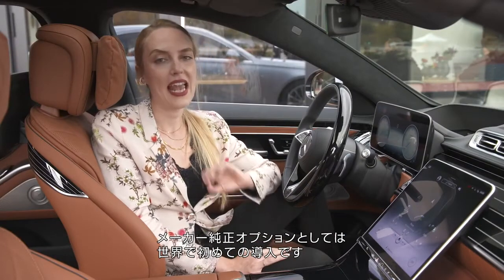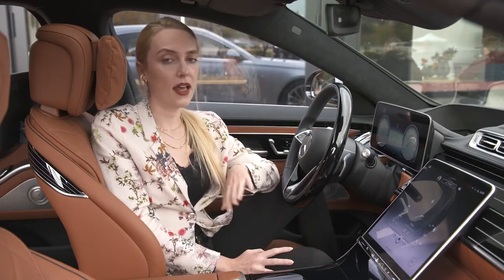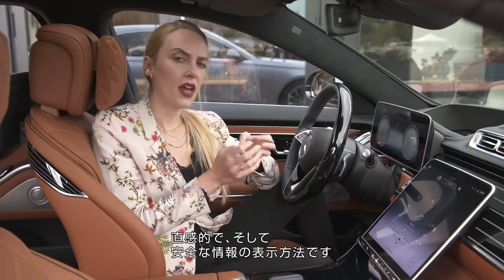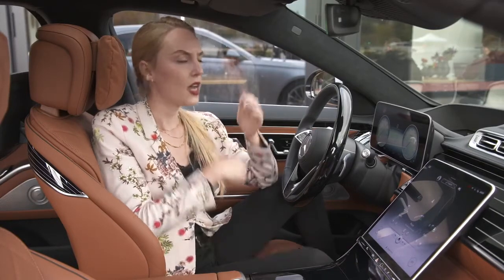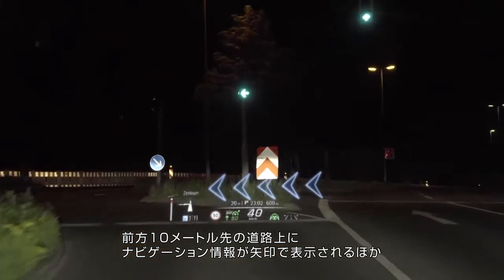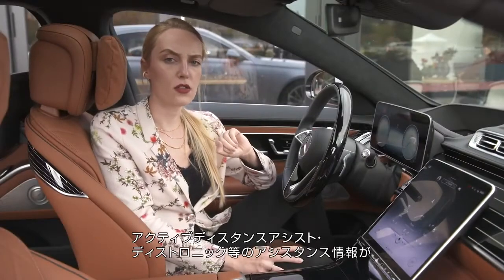Our AR display actually is first to market, so it's a completely USP for our S-class. And I really love that we bring together a technology like augmented reality with an intuitive and also safe way to have information presented. You have our information on the street where you need it, 10 meters in front of your car, and you get navigation information with our fishbones, as we call it, but also assistance information, for example,